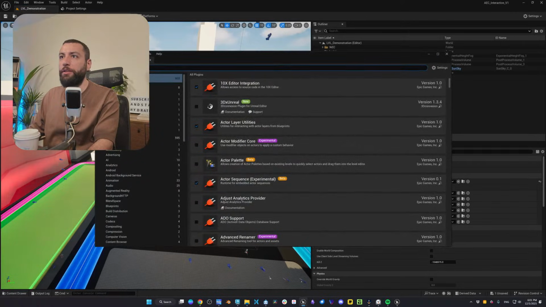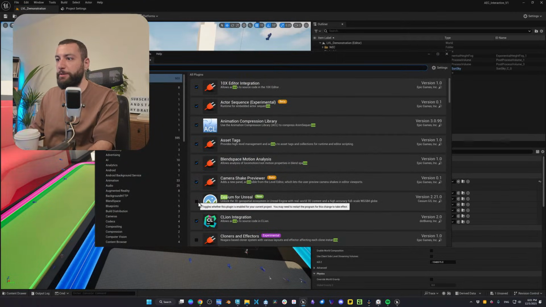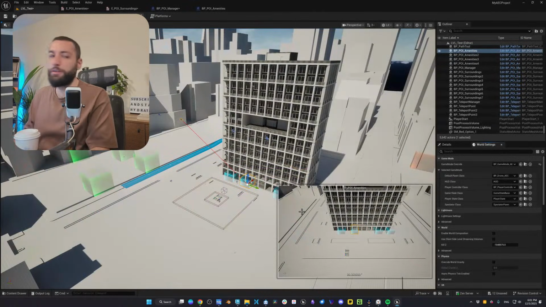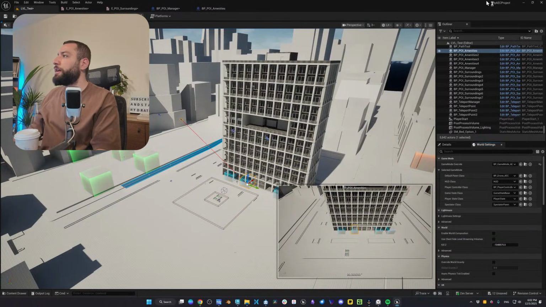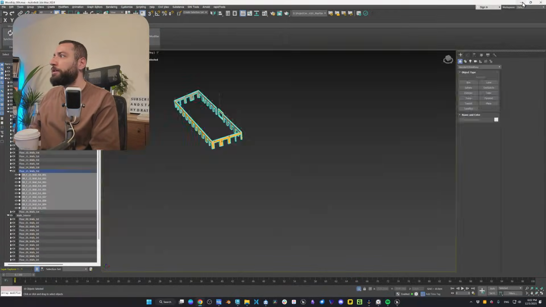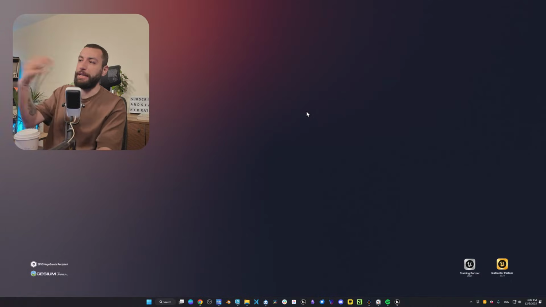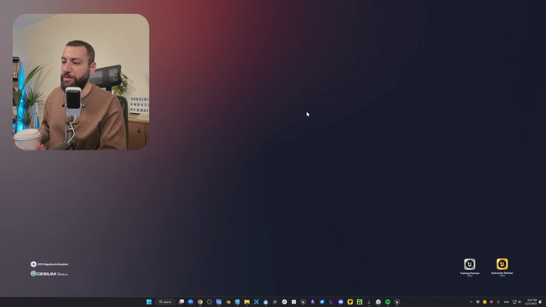Let's see real quick together before I close the live stream. Let's enable Cesium together here. Don't save. As long as engine 5.4 opens quick, there should be no problems. But the problem with 5.4, it takes 10-20 minutes to open on my machine sometimes.